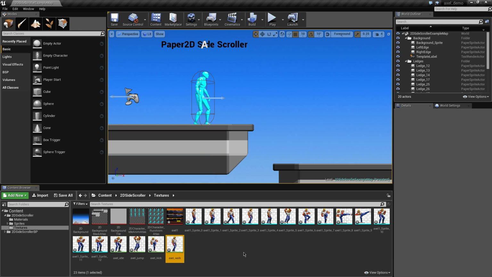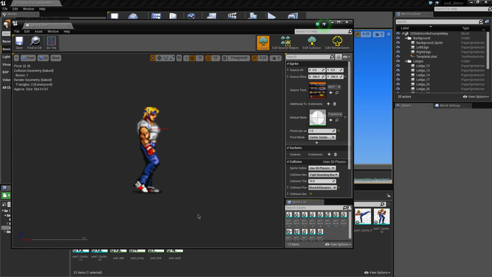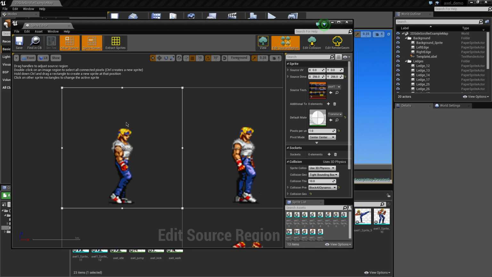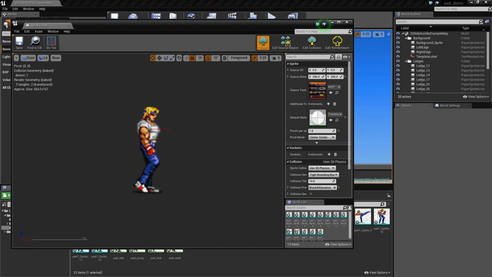sprites here. Now let's just have a look inside one of the sprites and see what we've got. So you can see that by default the alignment point, the pivot essentially, is registered at what looks like his shoulder here, but actually it's the center of the image. If you remember, our image was 256 by 256 with the blank bit of space at the top. If you just go onto source region, you'll see how that blank space is there at the top of there. So you can see that the pivot would be roughly, would be exactly, I suppose, in the middle